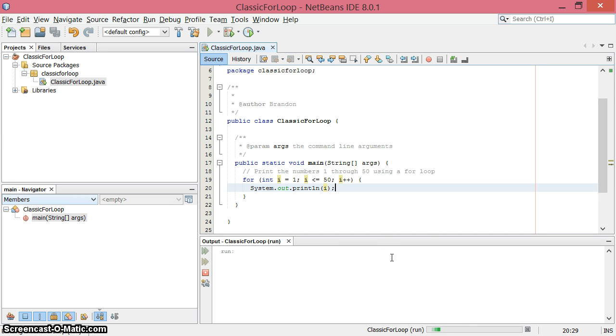So we will build and run that. And you can see the end of things there. I'll just scroll up so you can see the beginning. It began at 1, and every number between 1 and 50 inclusive is printed, and 51 is not printed. And that's